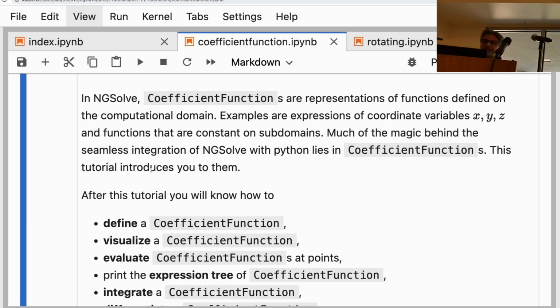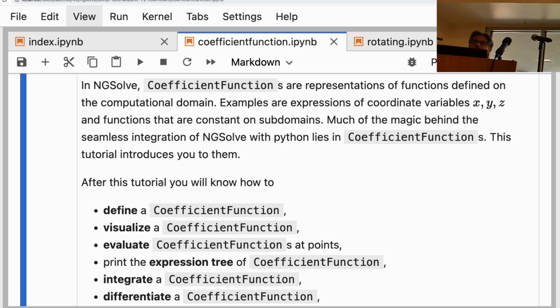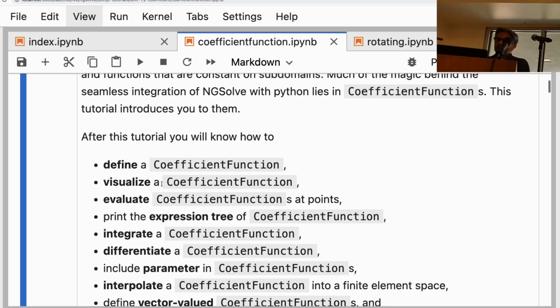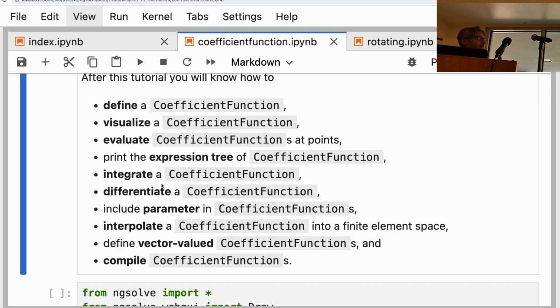They are representations of functions on a domain, or a domain after meshing. The mesh object is what you saw in the previous tutorial. Once you have a mesh object, you can define coefficient functions using the coordinates x, y, z, and so forth. And the coordinates themselves are coefficient functions. So we will see a lot of things related to the coefficient function in this tutorial, like defining, visualizing, evaluating,